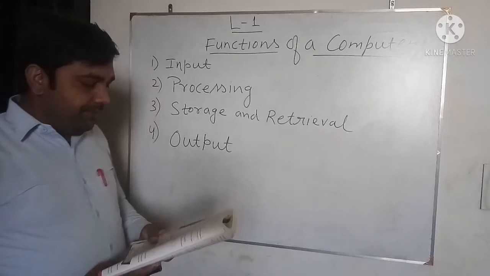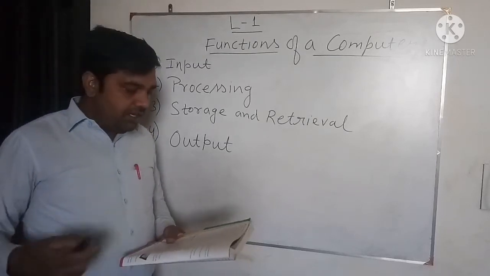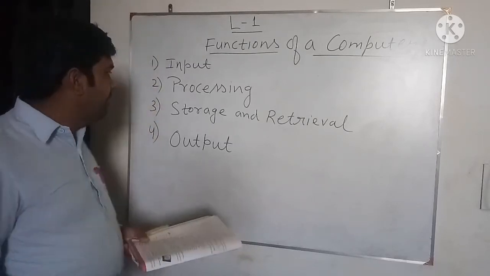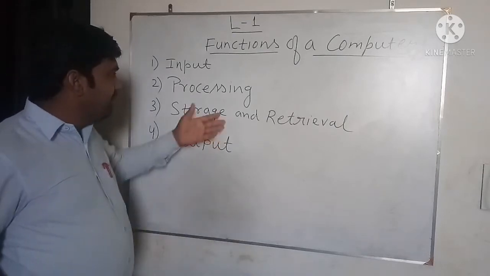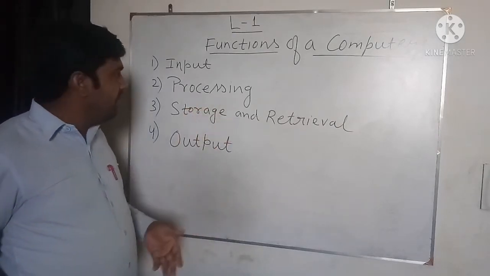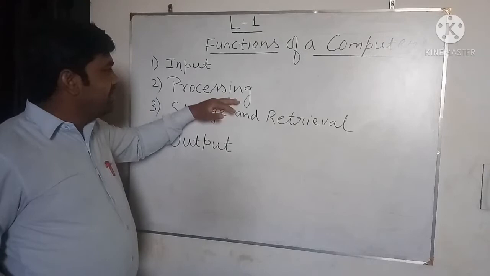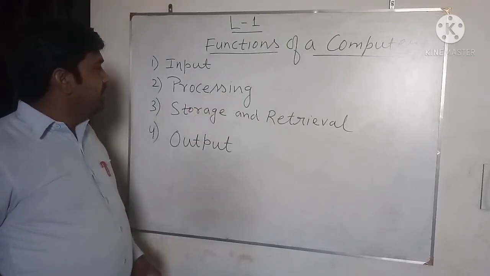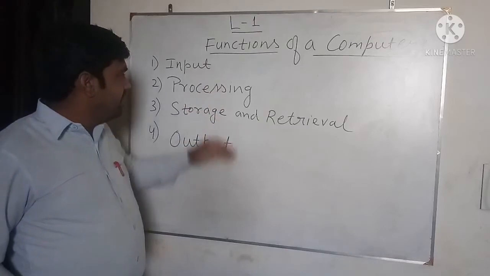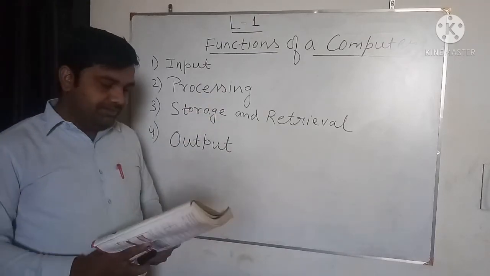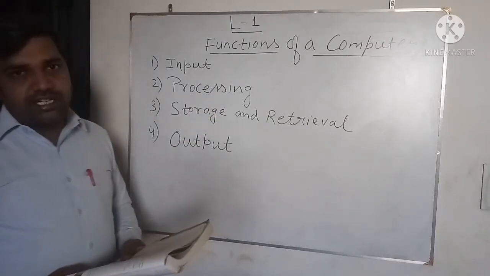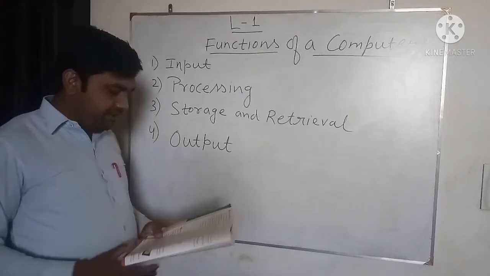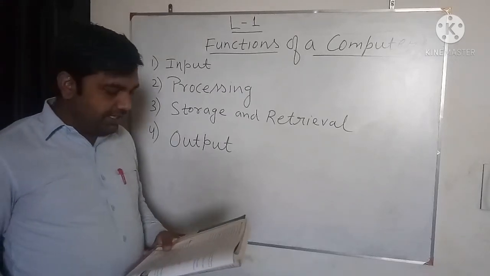So processing is the process of converting the organized data into meaningful information. Whatever data input we are giving to the computer is called raw facts and data, and after processing that data, the raw data is converted into information. So after processing, input data is converted into information according to the user's instruction, that is called processing or processed data. Information is also called processed data.